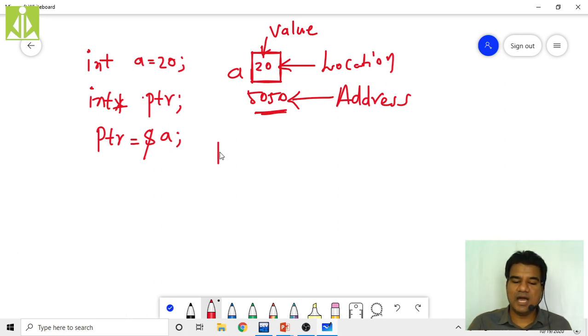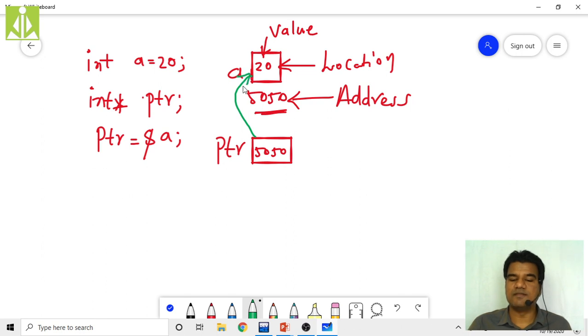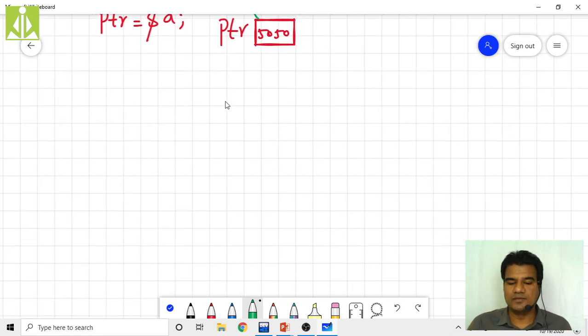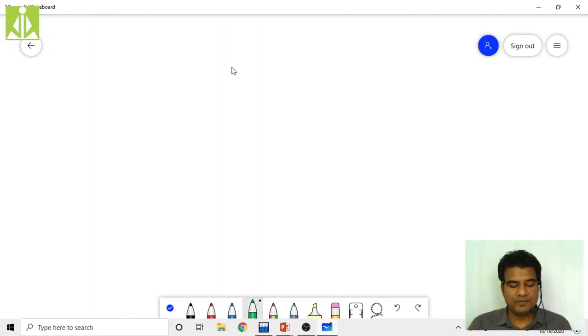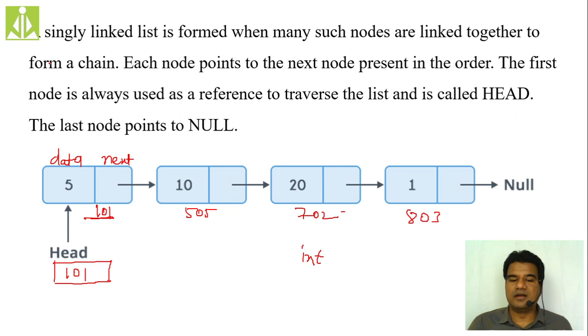So now ptr is another memory location, and this memory location is going to have this 5050, and this memory location is going to point to this A variable. Like this, the conclusion. Isn't it? Similar to that, when we have a linked list,